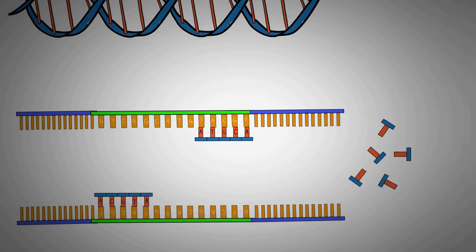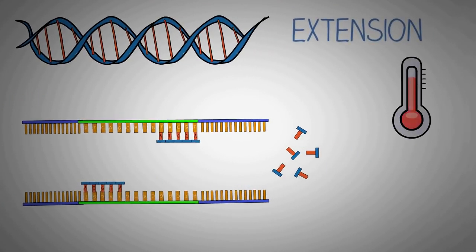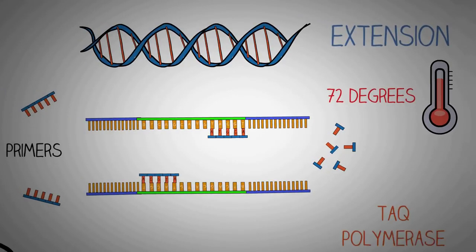For this, we also require free nucleotides in these test tubes, which will be basically used to make the new DNA. Again, we have a detailed video about the structure of nucleotides on our channel, and the link is in the description. For extension, we increase the temperature again to 72 degrees so that the Taq polymerase extends the primers, synthesizing